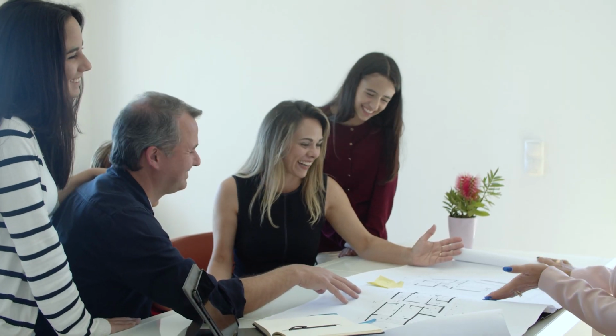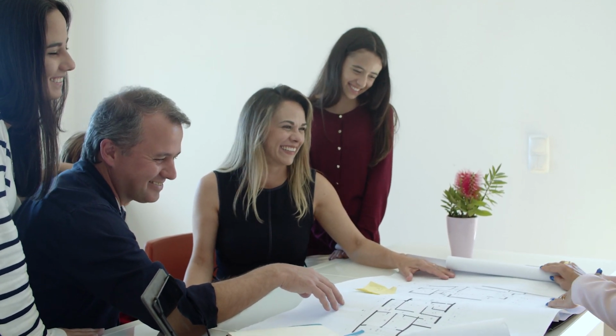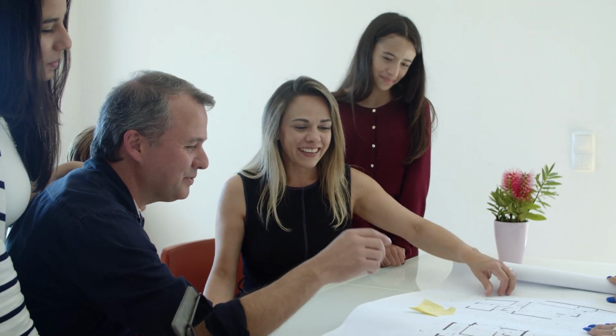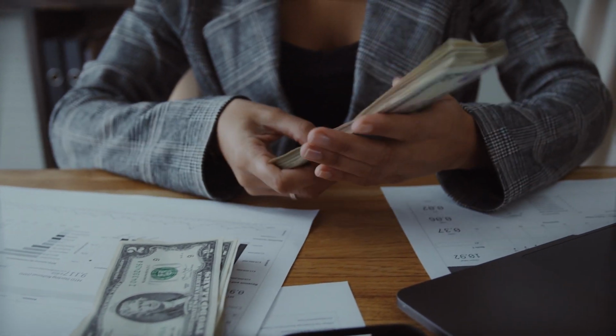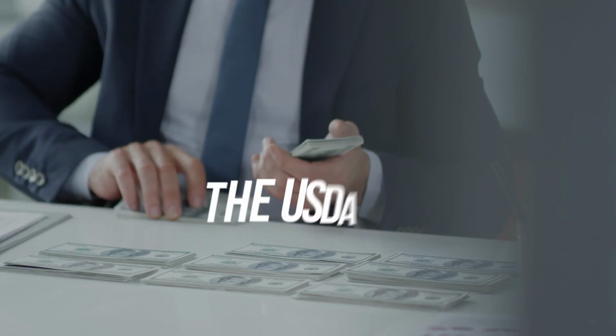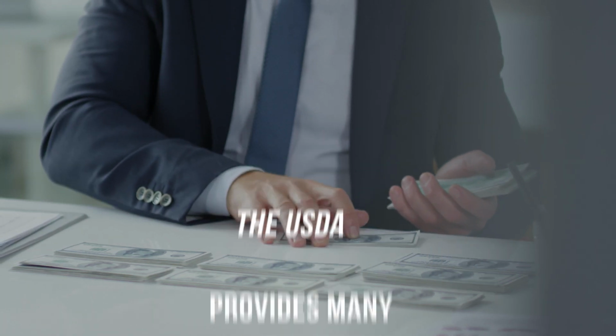Their first mortgages may come from state-level housing agencies that can help subsidize portions of the interest to provide low rates and monthly payments for the buyer. They may also waive mortgage insurance requirements and have reduced closing costs for those who qualify for one of these first mortgages. The USDA provides many different mortgage loan options, such as the Rural Direct Loan,